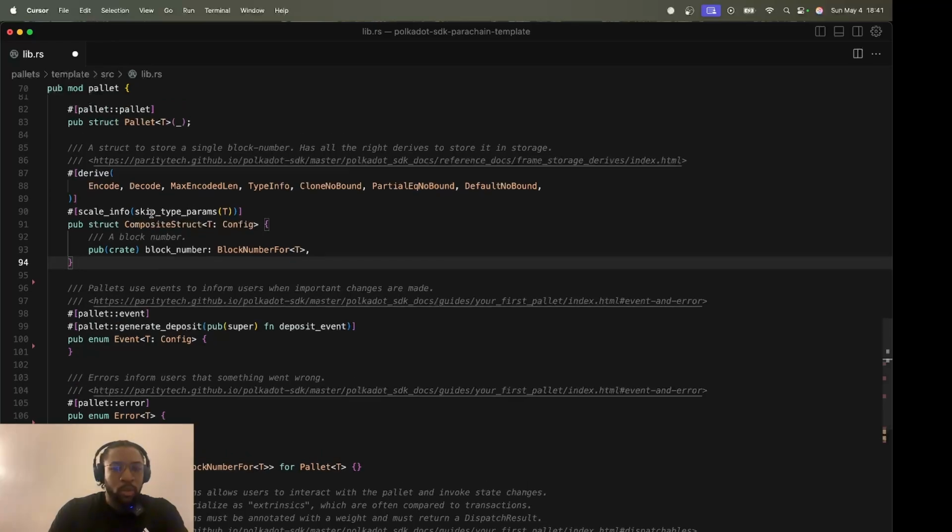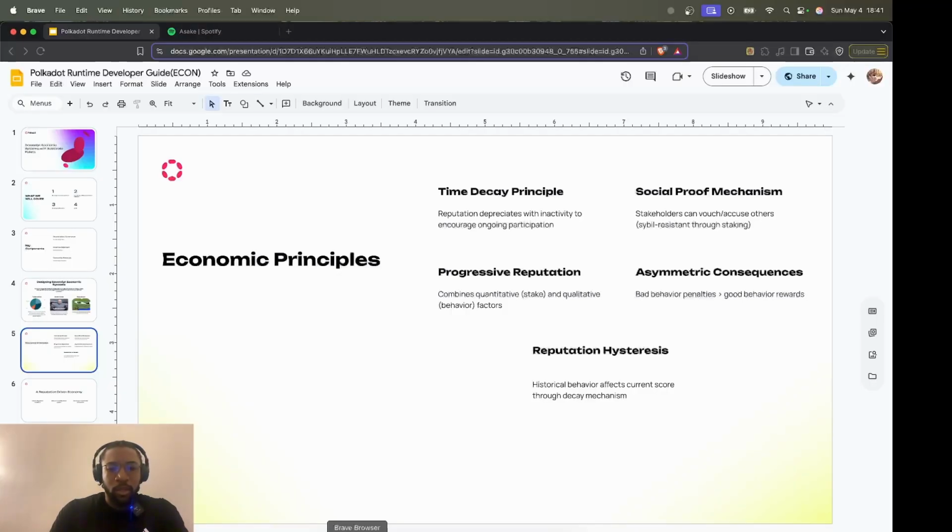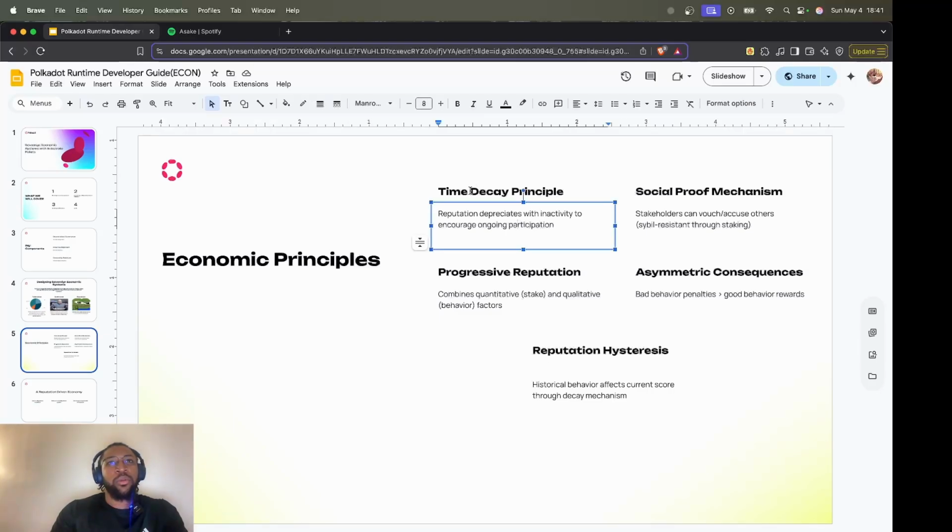So basically we want to implement this time decay principle, where we count the blocks to see the activity of users, whether they've performed an action or not. If they've not, then we remove reputation.